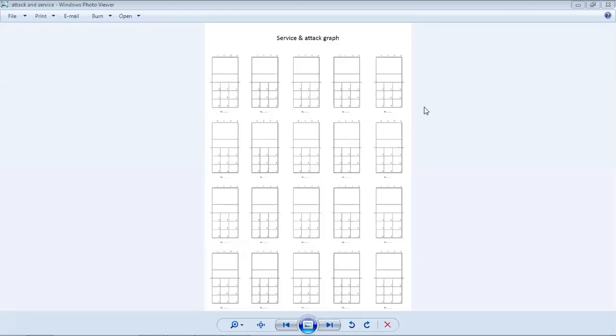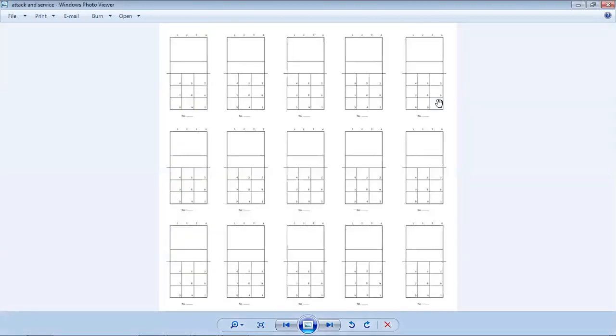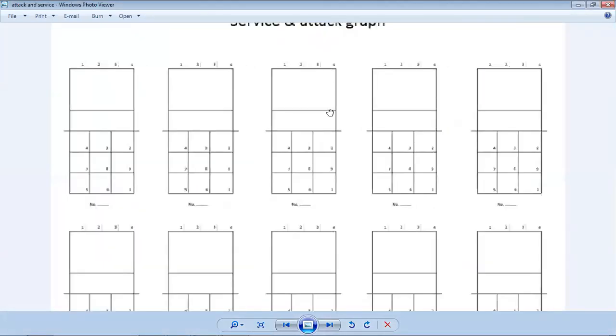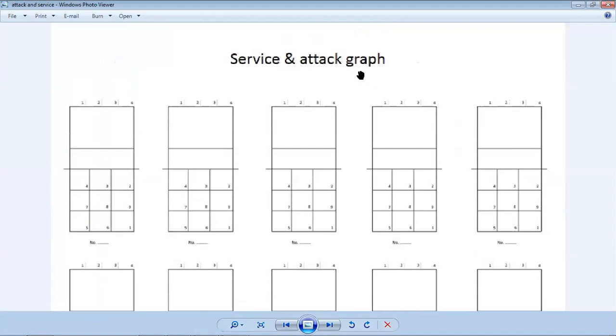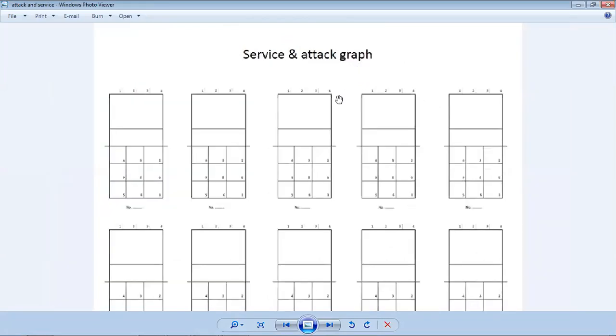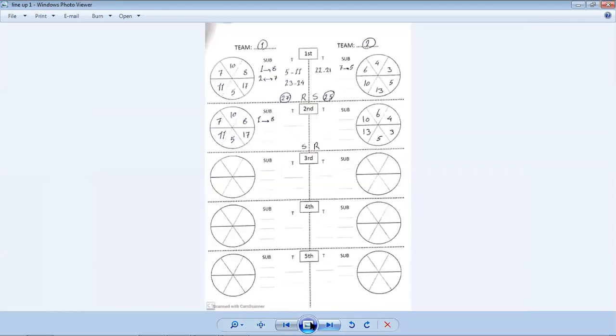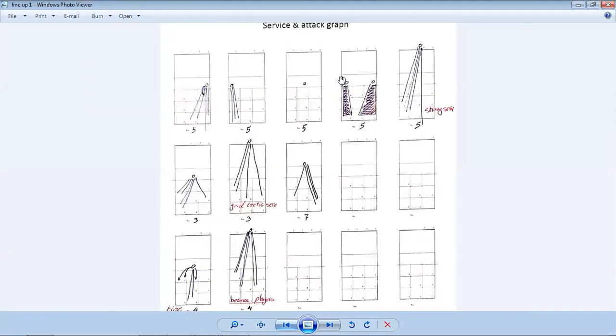Okay. Now, do you see that form? Yeah. Okay. Now we have a form for service and graphs. This is a normal one, coded for analysis. Now I have a complete one. Here, I completed the last one, for example,